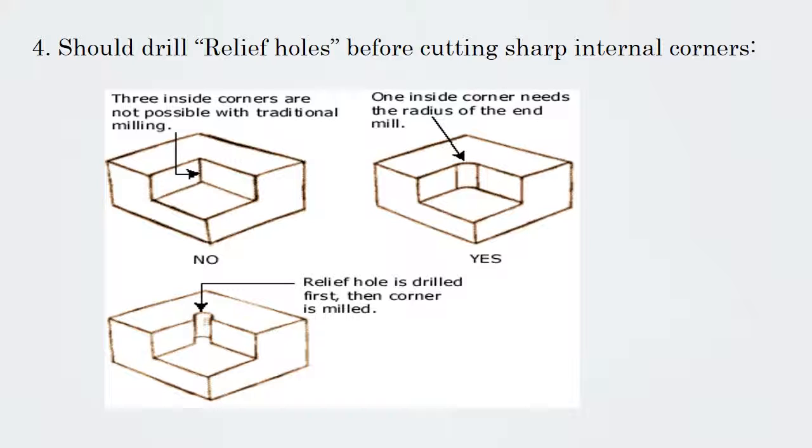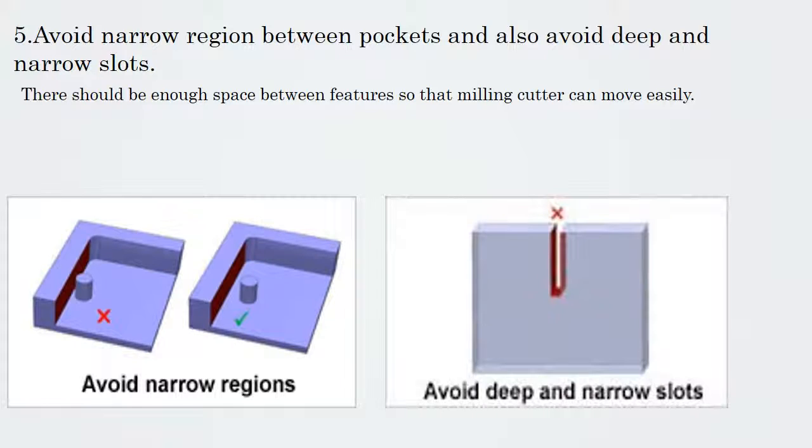So, three inside corners are not possible with traditional milling. One inside corner needs the radius of the end mill. Therefore, a relief hole is drilled first and then the corner is milled. Rule number five is that we should be avoiding narrow regions between pockets and also deep and narrow slots. There should be enough space between features so that the milling cutter can move easily. So as we can see in the figures, we should be avoiding narrow regions and we should be avoiding deep